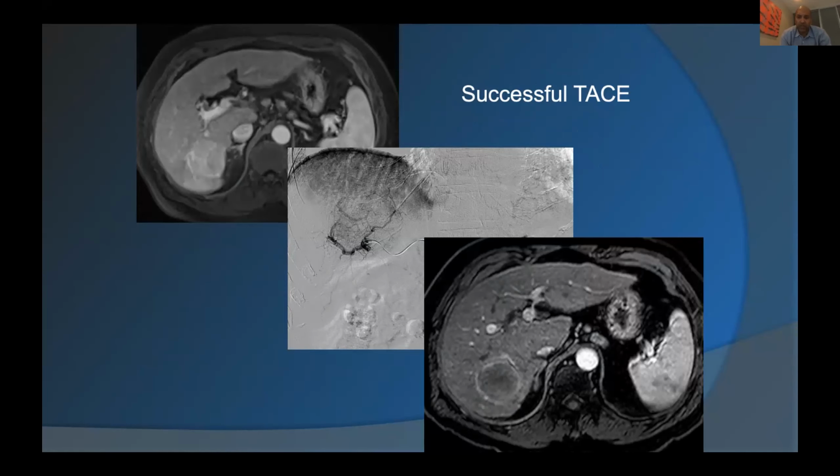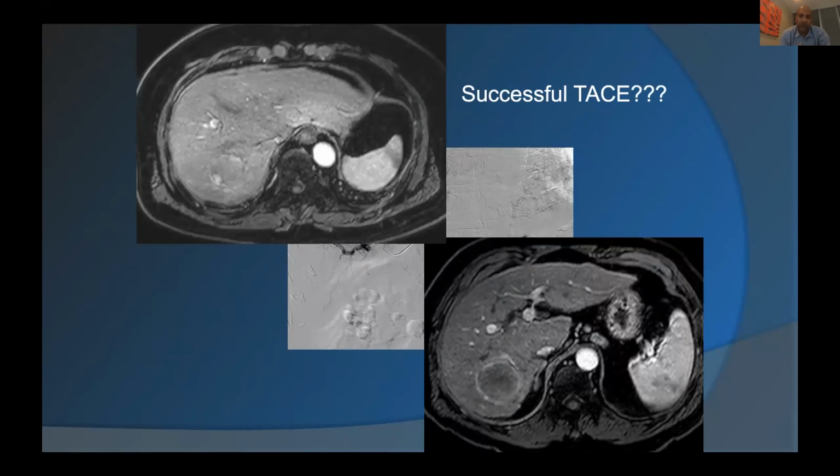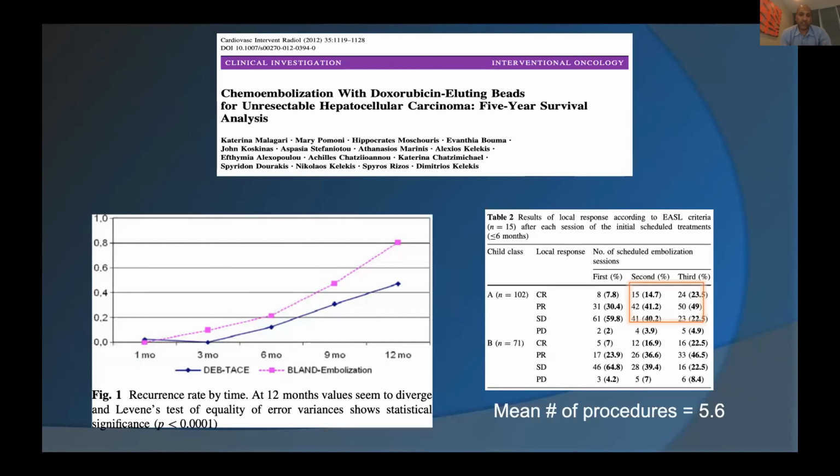So to me, at the 1 month MR, this is a home run. I'm patting myself on the back. But is this really successful? And so this is the 6 month MR. And now you see this increased nodular recurrence along the rim, compatible with progression of disease. And so the challenge with chemoembolization is that if you look at all the data, with time, there is a